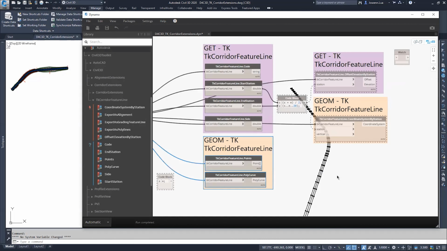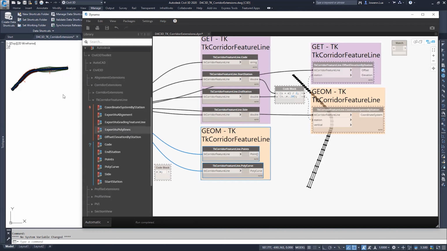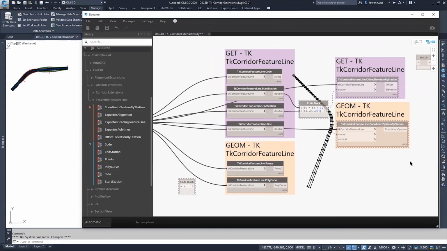And if I zoom in a little, you can see that it's getting me that crown and ETW. That's my crown in the middle, and then left and right is my ETW. So that's doable. And also here, I can get the coordinate system and that dictionary of that offset elevation by